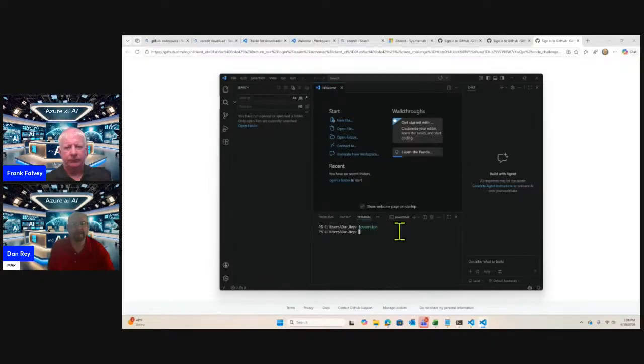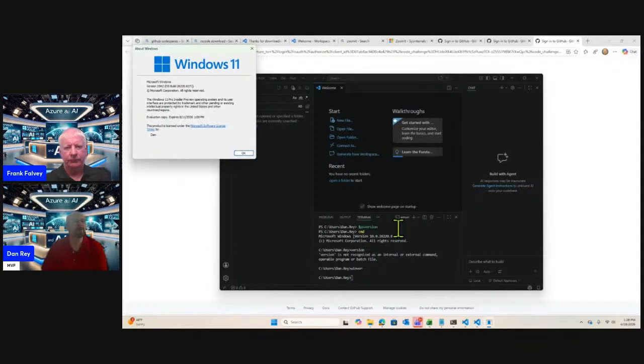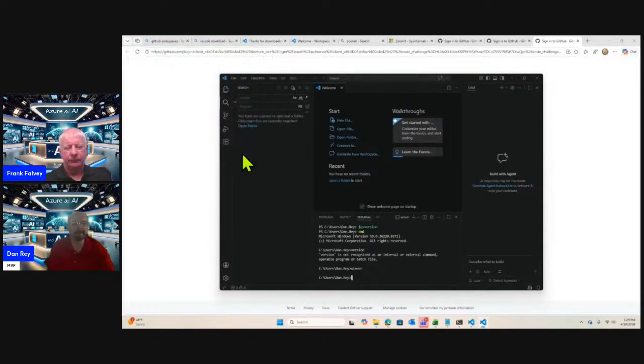So if I ask it to run command, or sorry, CMD, let's see if this works in here. It does. So CMD, what is it? Is it WinVer? Yep, WinVer can bring up my Windows version from a command prompt. And I believe that same command, if you run from PowerShell,